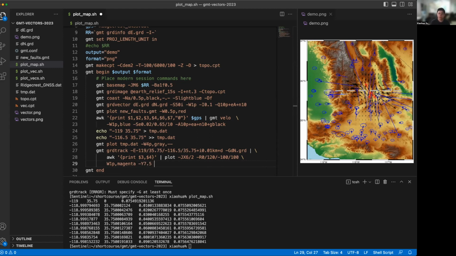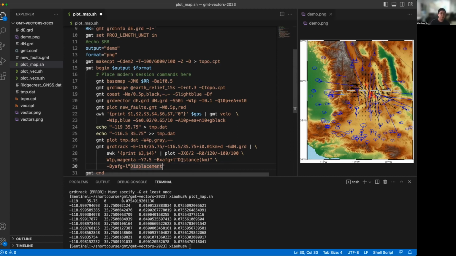And we're also going to label this plot, -Bx af g +l, which is label. Distance, it's in kilometers, and a -By af g +l. This will be displacement. It's running out of space. It'll be in centimeters. So if we save these and run this one more time,